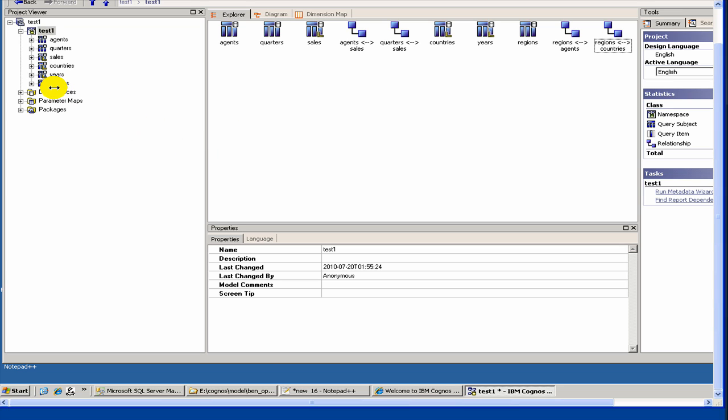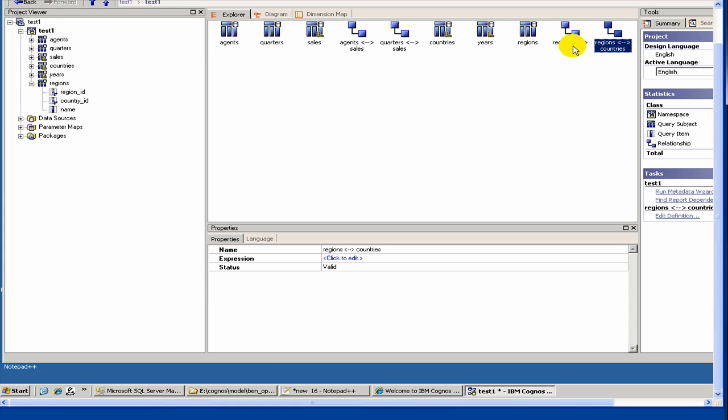Okay, in the last video we couldn't complete adding the regions, but here you see I have added the regions and created the relation between region and countries and region and agents. Now let's get started with our drill down reports. To do that, first let's create something called a